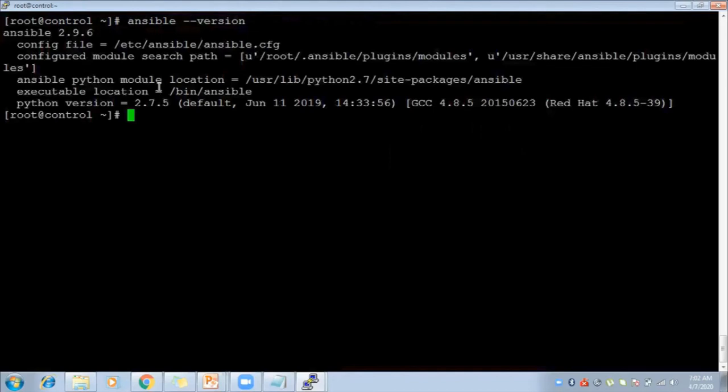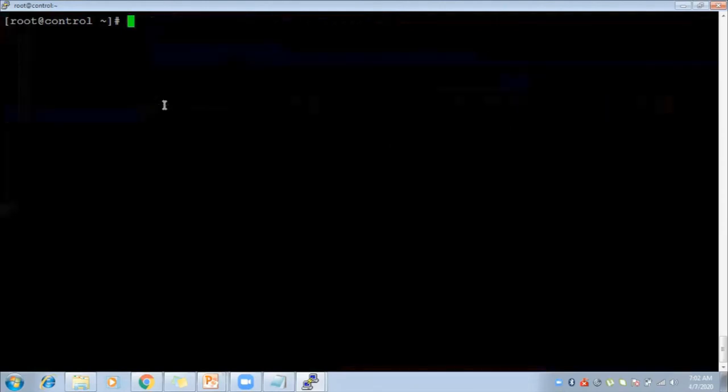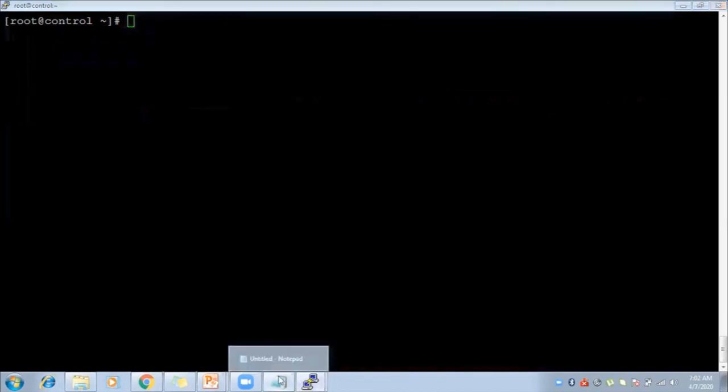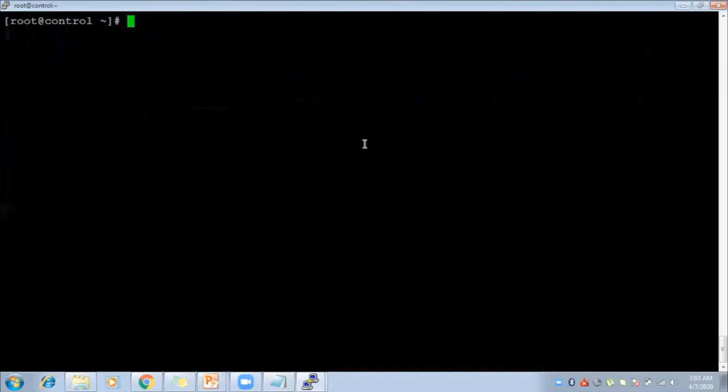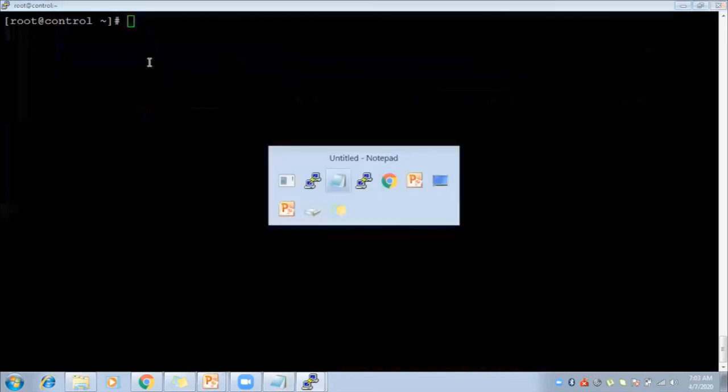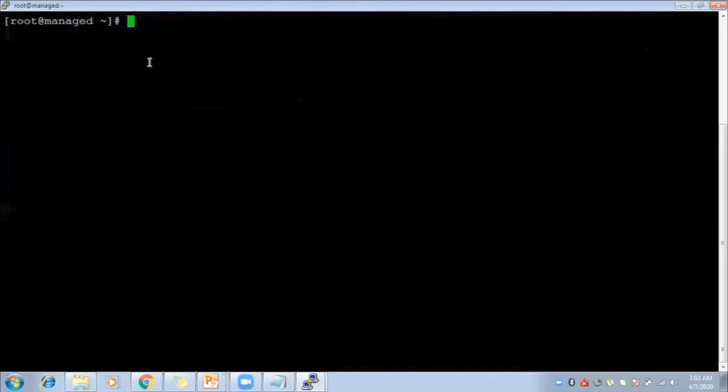And Python version is 2.7. So I told that 2.6 or higher than that it should be. Now inside the manage node, I need to have that same user.